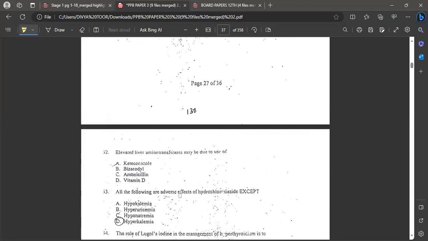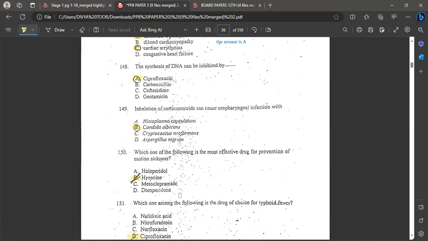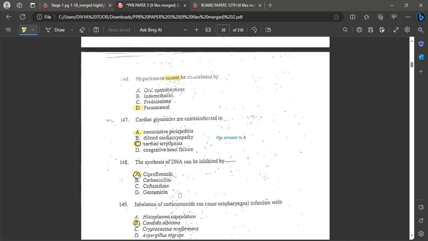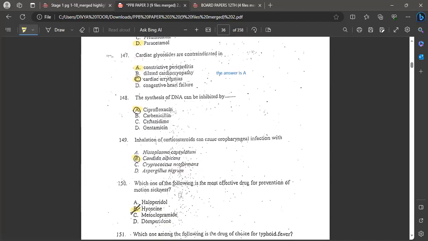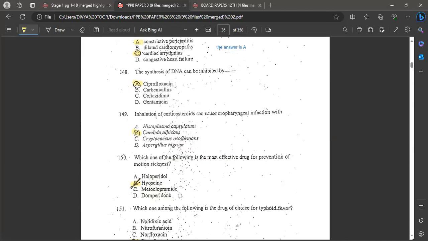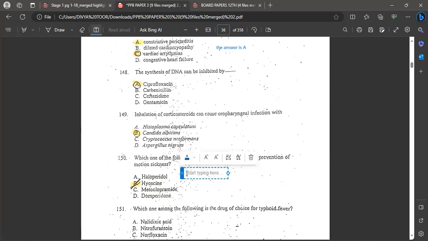Then regarding number 150, motion sickness, the D2 antagonists, the likes of metoclopramide, domperidone, and also ondansetron, they don't help at all with motion sickness. So it's either you give the ear patch, but since local is usually not available,